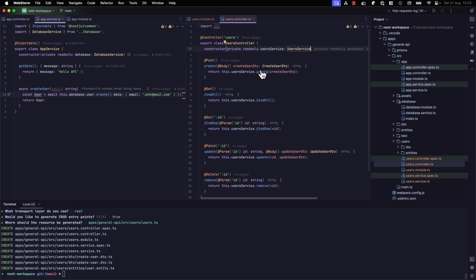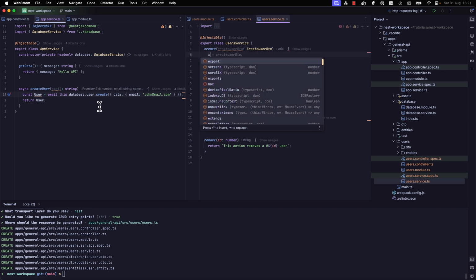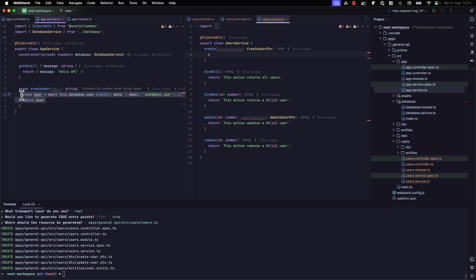We want that in the actual service because we don't want to do that kind of logic in the controller. We want that done in the service, so it abstracts away the actual database layer from the controller. So at this point, I can just copy this. Okay, grab that, come back here